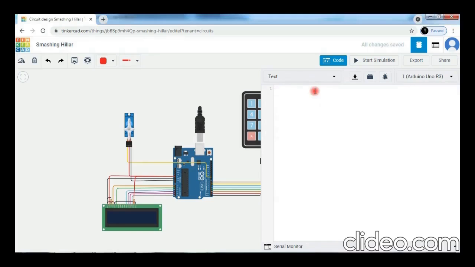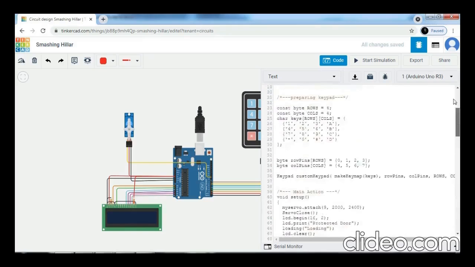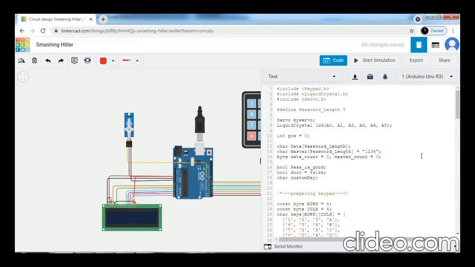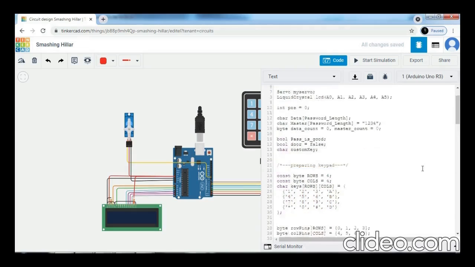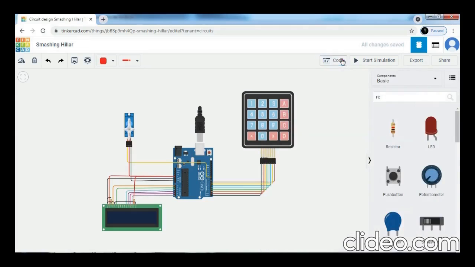Now here we have to paste our code. Here we have pasted our code. So recheck once again. After rechecking, click on code. Now for starting the simulation, click on start simulation.